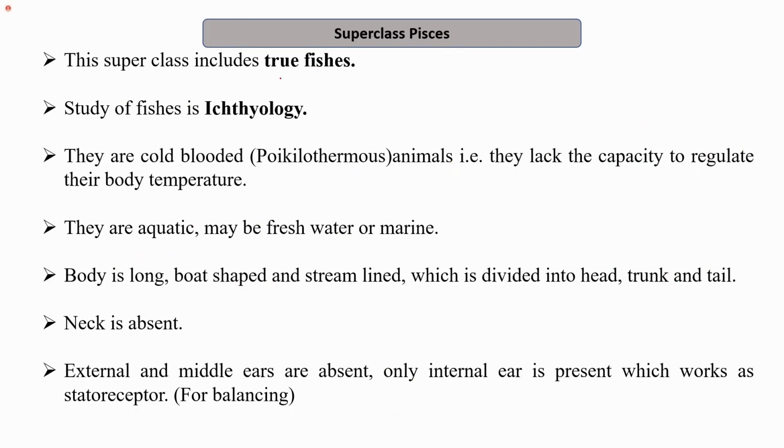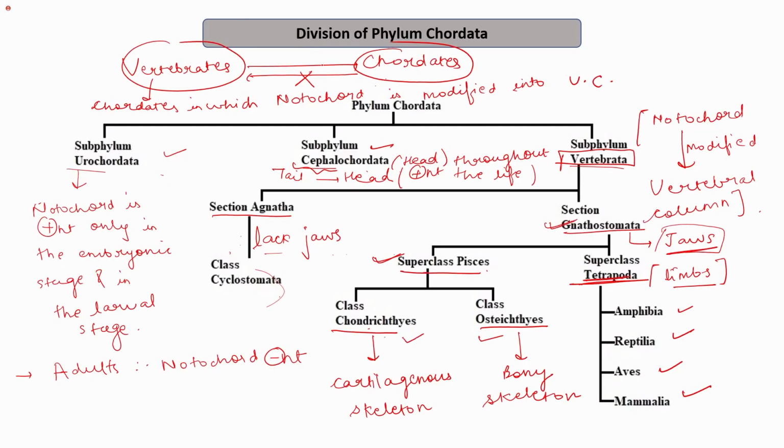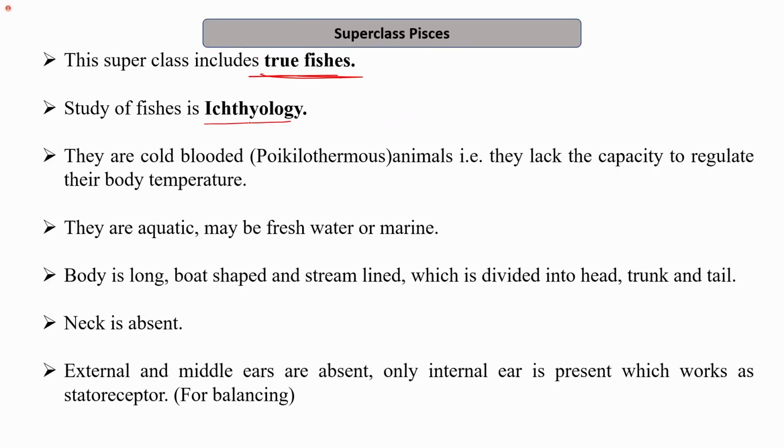This superclass includes true fishes. Unlike Agnatha, where the class Cyclostomata includes some fish which lack the jaws, superclass Pisces includes the true fish. Study of fish is known as ichthyology, and they are cold-blooded animals. Cold-blooded animals are also known as poikilothermous. Cold-blooded are the animals that cannot regulate, they lack the ability